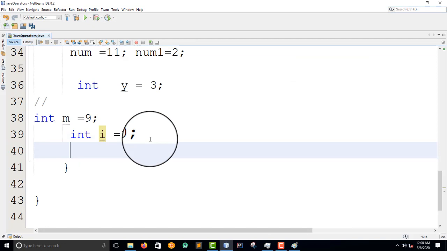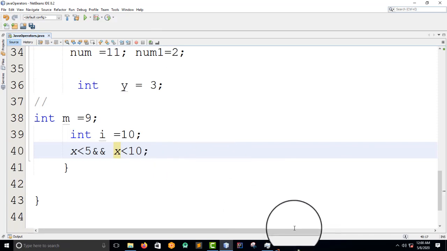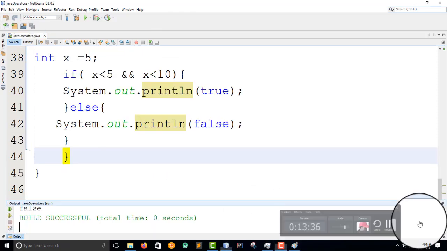I will just come here and say, can I assign? Okay, let me say x is less than 5, and x is less than 10.